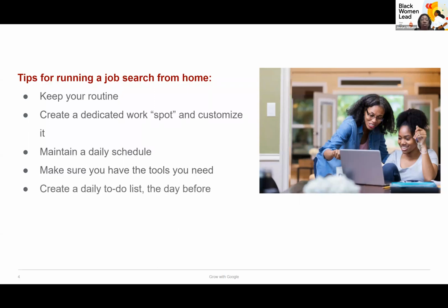Another key tip is to create a daily to-do list. And I find it helpful at the end of a workday to write out my to-do list for the next day. Not only review what I have on my to-do list for that day and see what I have completed, but also to set up the to-do list for the next day. Review what do I have planned for the next day. So if I need to make any adjustments, revisions, I can do that,